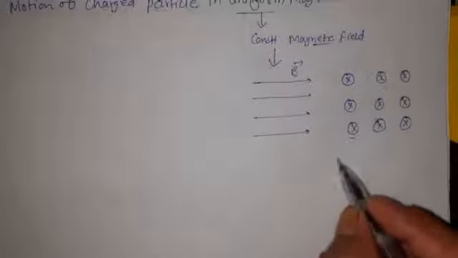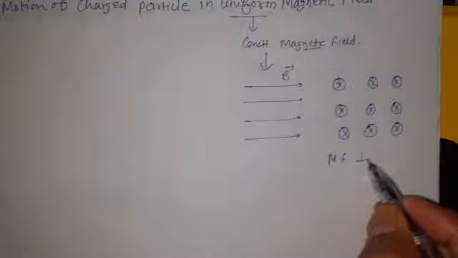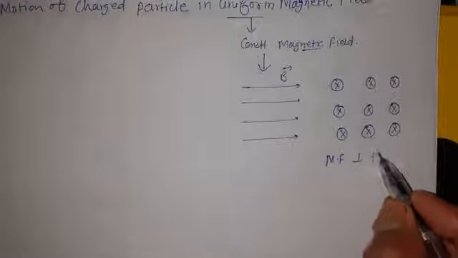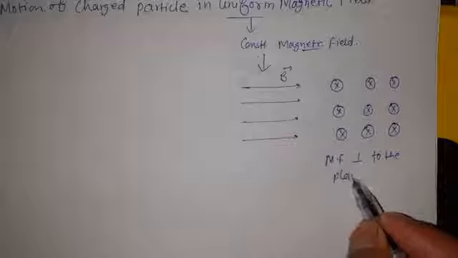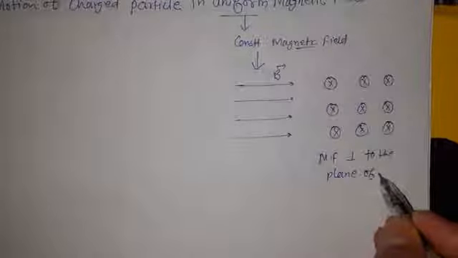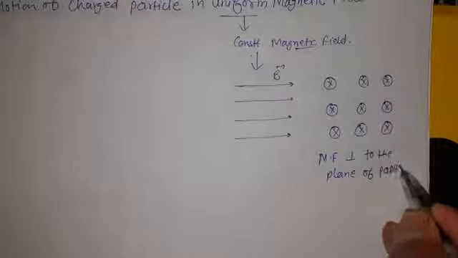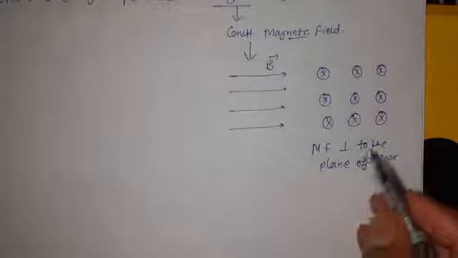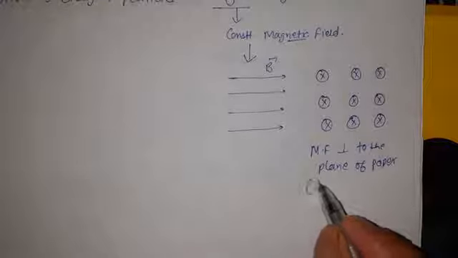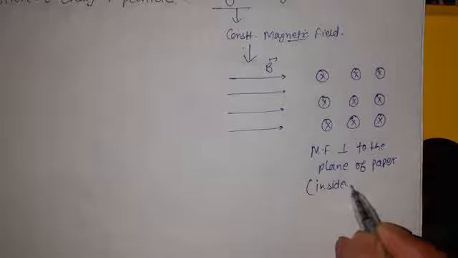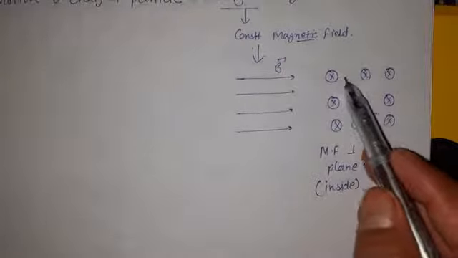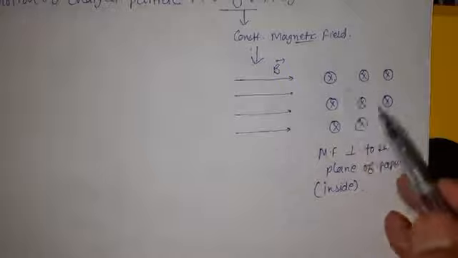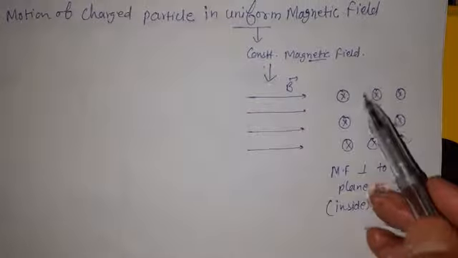So it is a magnetic field perpendicular to the plane of the paper, and it is going inside. Here we have taken these as equally spaced, so it is a uniform magnetic